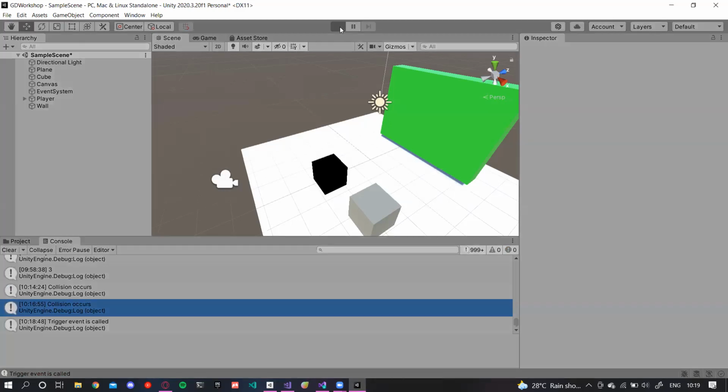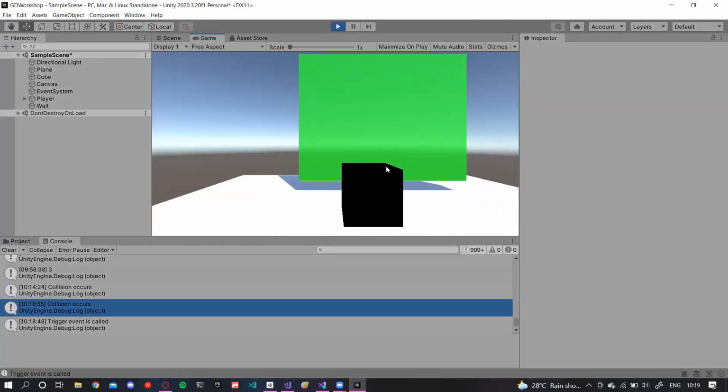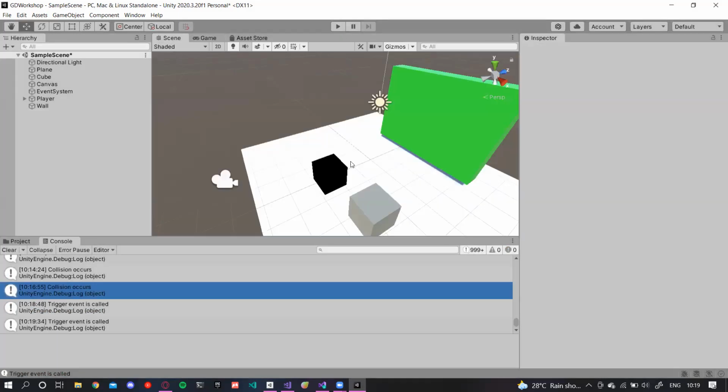Now while I run this game, since I triggered it, once it goes through, it's an endless loop into the void. You keep on rotating, whatever happens to this.